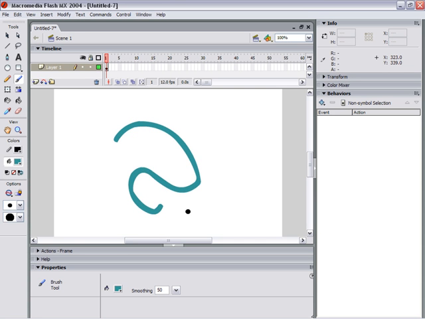Now, one option that I have in my Properties panel is a smoothing option. If I click and drag on that pull-down menu, I can select different smoothings. I'm going to go ahead and drag it all the way up to 100. The default setting, by the way, is 50. And then, going back onto my stage, I'm going to click and drag to create another line. And you can see the difference between the two. This is smoothing set to the default of 50, and this is smoothing set to the new option that we